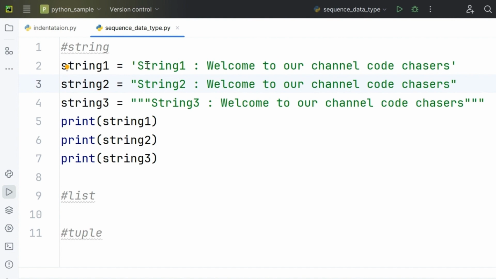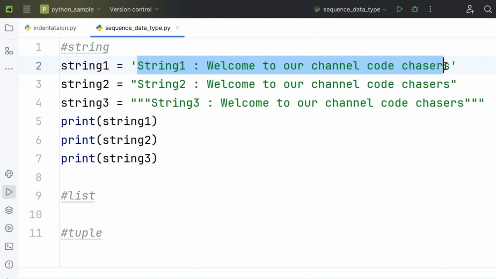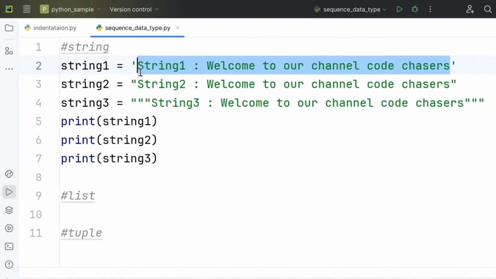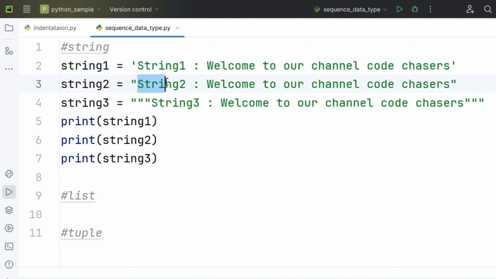The characters present between these quotes can be numerics, special characters like colon, or alphabets. If they are enclosed under single or double or triple quotes, they can be considered a string